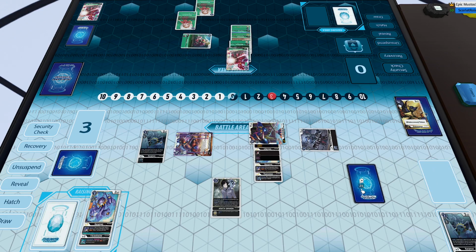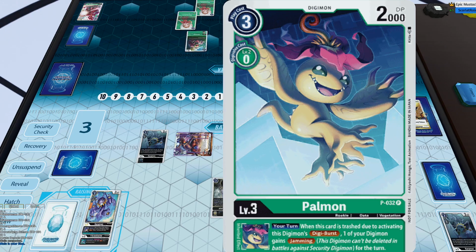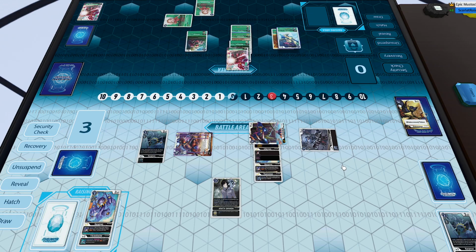So with 3 memory, my opponent could do some stuff here. He does have the Feliciamon to boost his Digimon by 2,000. She lets you boost your entire field, and then after that, one of your opponent's Digimon cannot attack for the remainder of that turn, as well as the next turn. So it's really powerful. He's going to suspend Mimi since he does have a level 5 or higher green Digimon,